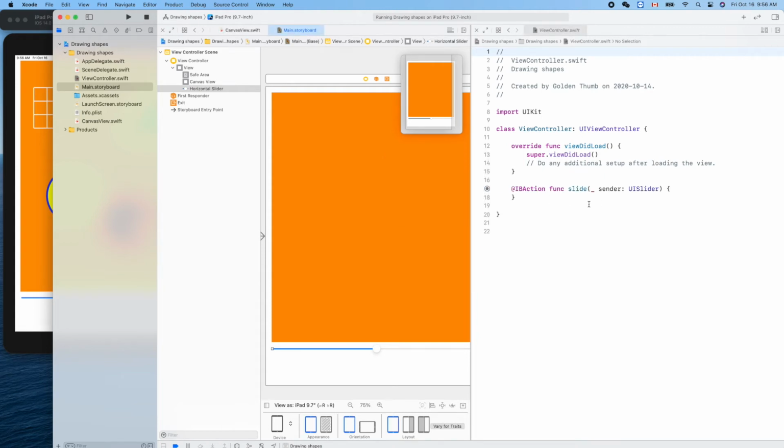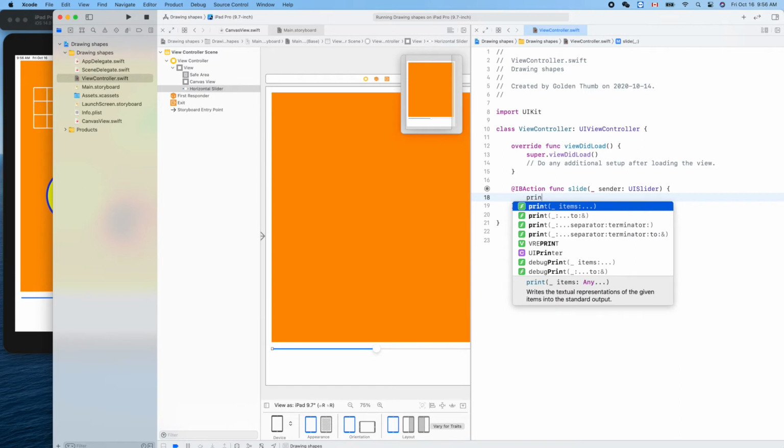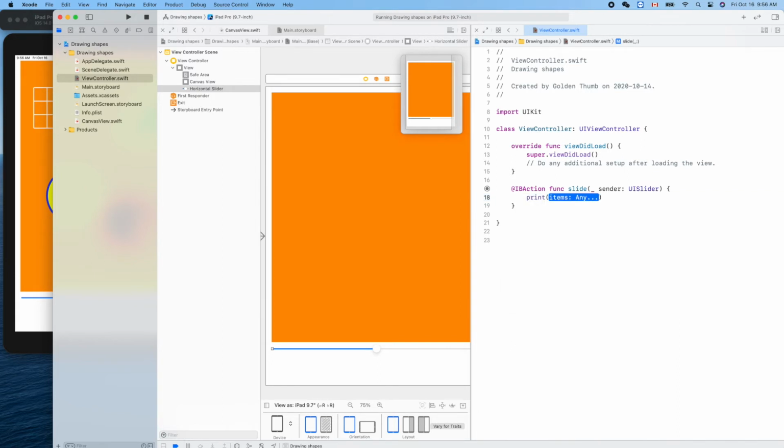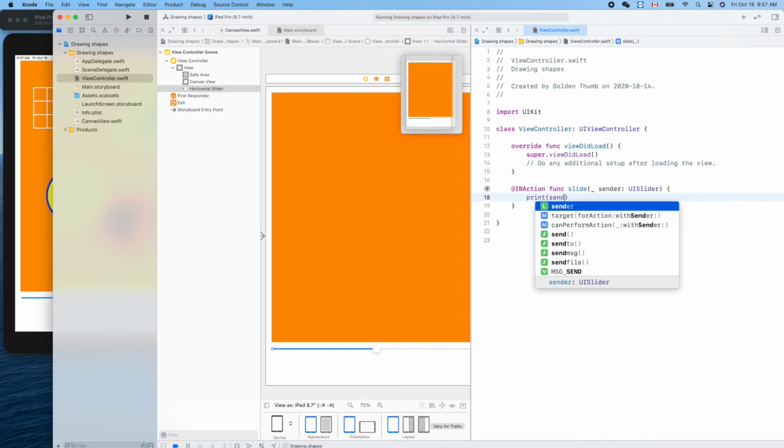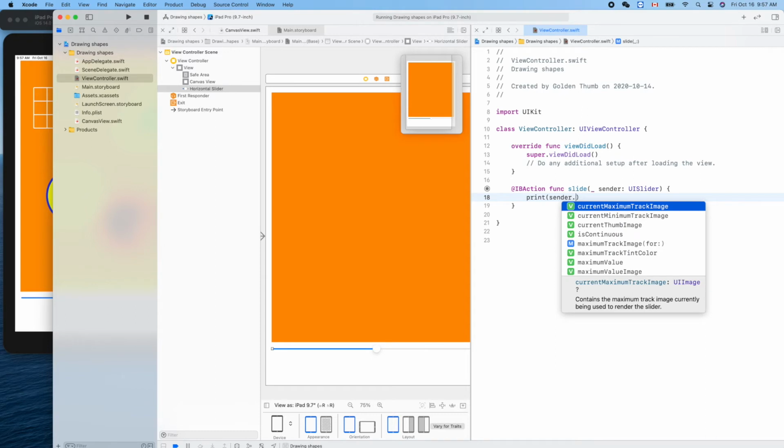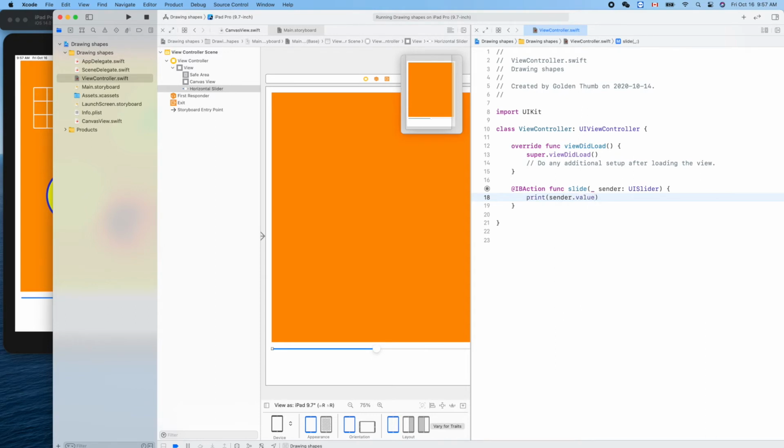Xcode generates a function slide automatically for us, so we can print out the value of the sender. The sender is the object of this slider, so print like that. We can just put sender dot value. So this will print out the value of the slider